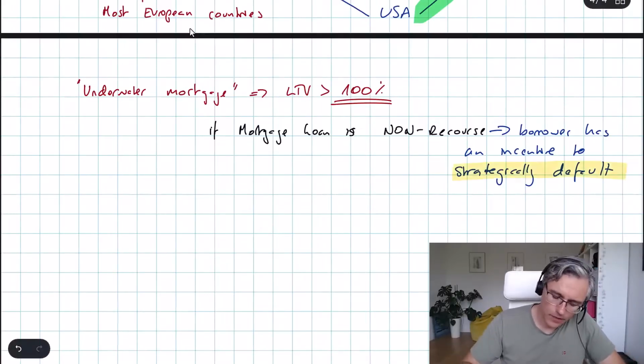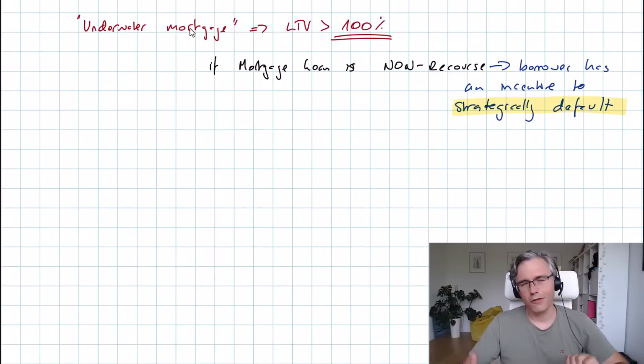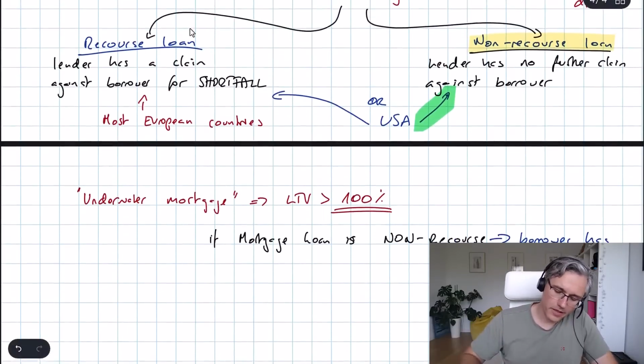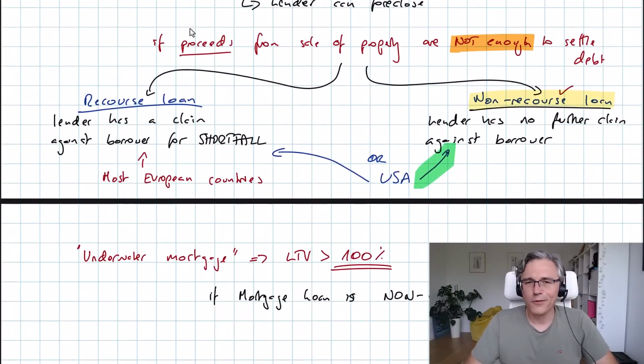Please also appreciate that there are some negative side consequences of this, because if you strategically default, even though you were able to make the payments, you will tarnish your credit history, your credit score will drop, this will appear on your records, and you'll have a reduced ability to borrow in the future. But taking that into account, some borrowers still decide to strategically default. It only makes sense in the case of non-recourse loans, because if you were to do this with recourse loans, the bank would still chase you for the difference.